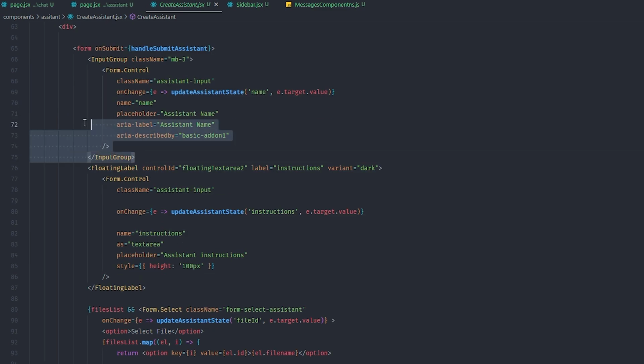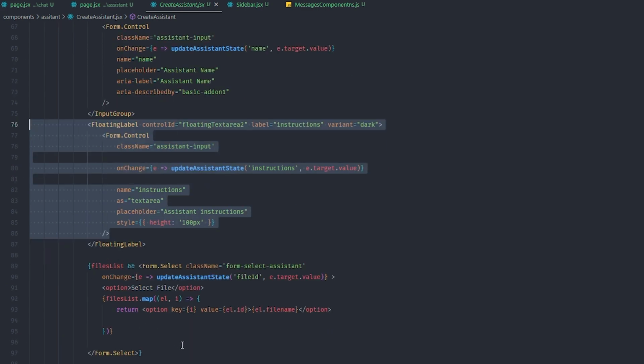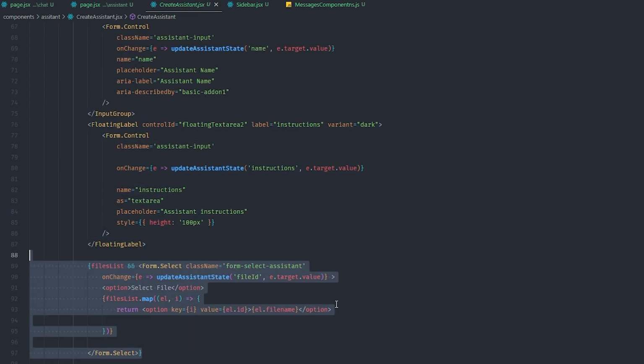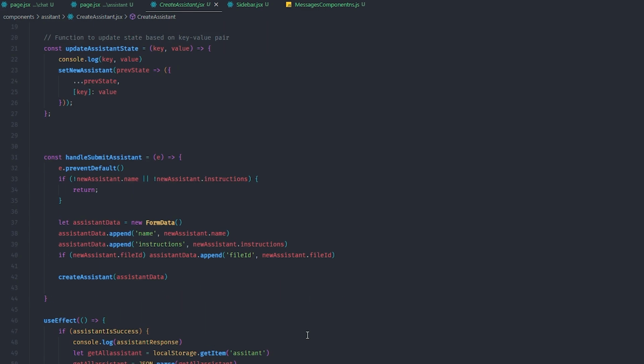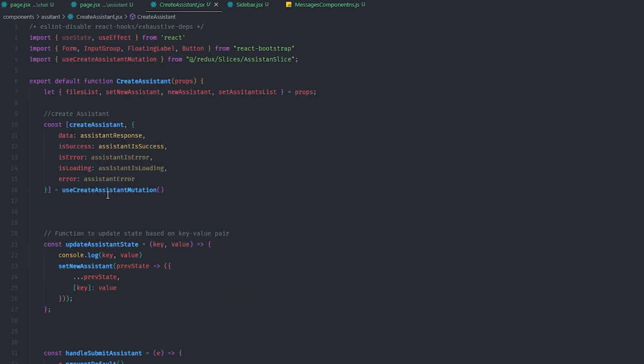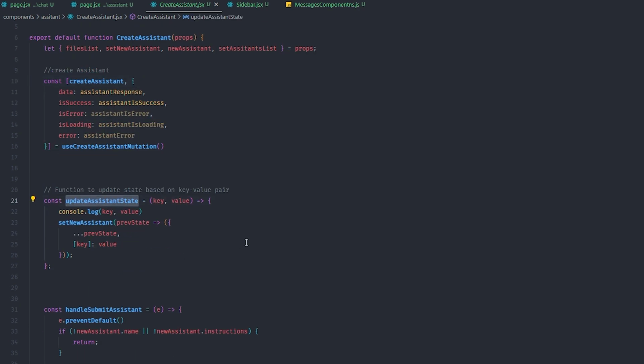These 3 inputs. The first one is name. The second one is the instruction. The third one is the drop menu for the selection, and the button for create. Here I have a simple logic also. Same Redux Toolkit. We can get to this array, pass it an object with the names, have here update assistant